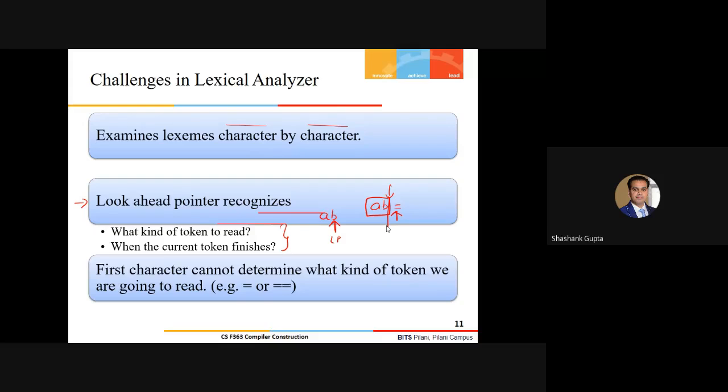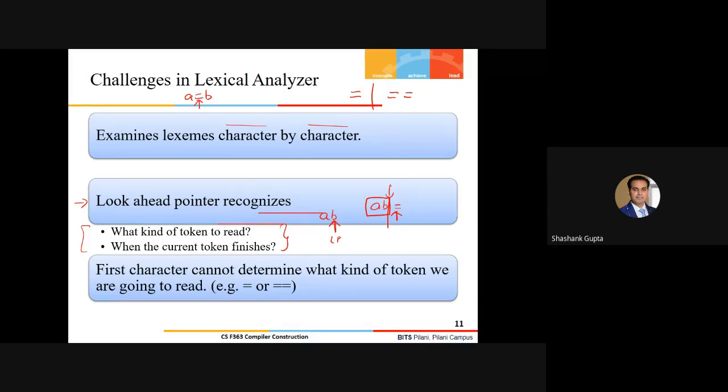And one more important thing: the first character cannot determine what kind of token I am going to read. For example, we just looked at this earlier also. If I have this situation, either this or this, your lexical analyzer should not say that, okay, I have hit an assignment operator.